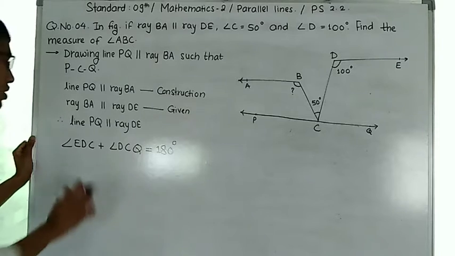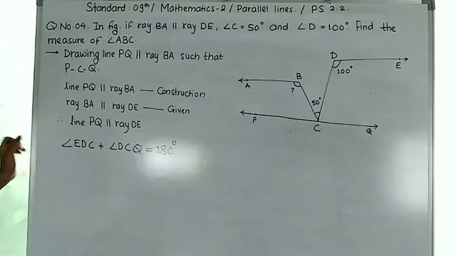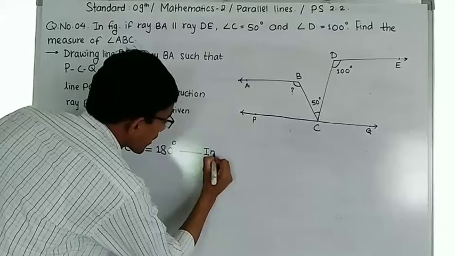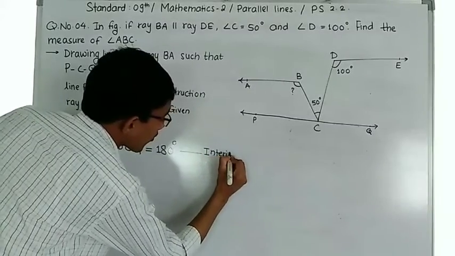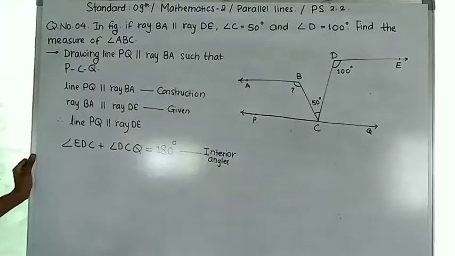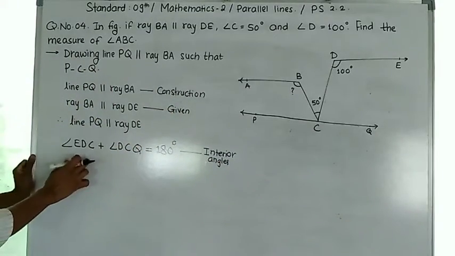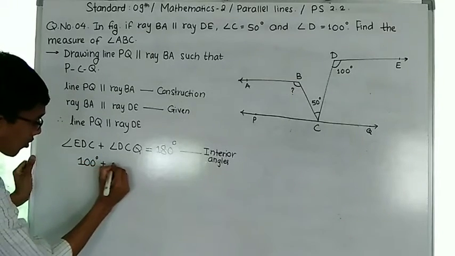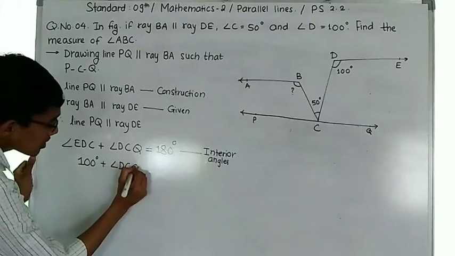We know the interior angles formed by two parallel lines and a transversal are supplementary. This is the property of parallel lines. So we can write down the reason: interior angles. In that case, we know angle EBC is 100 degrees, plus angle BCQ is equal to